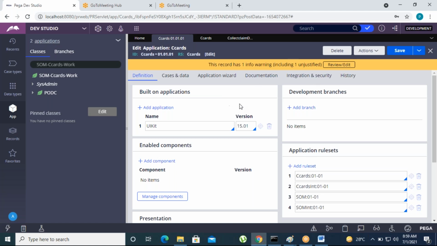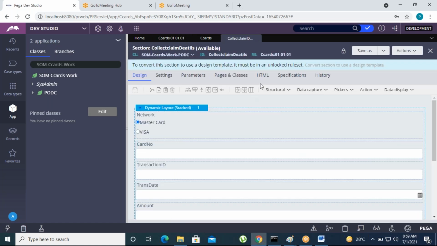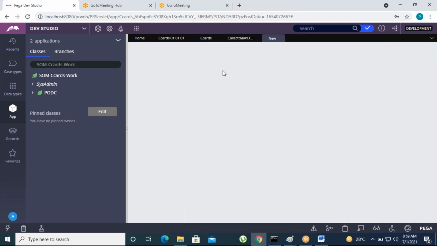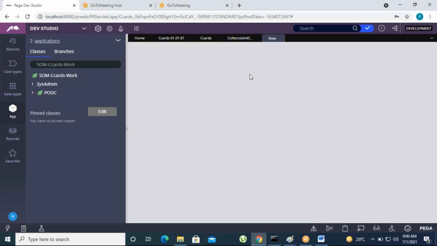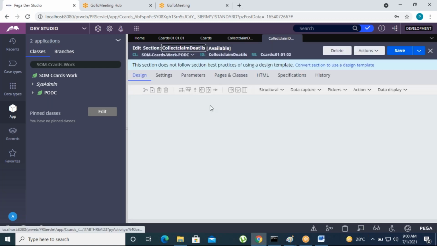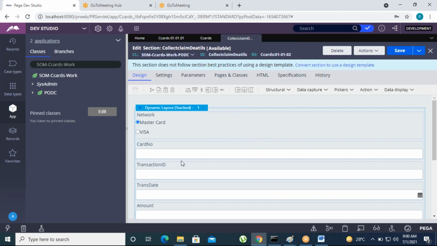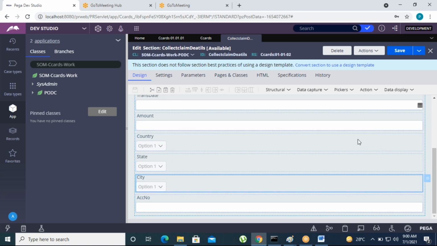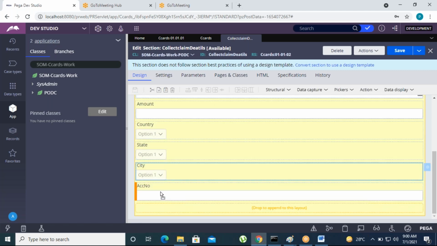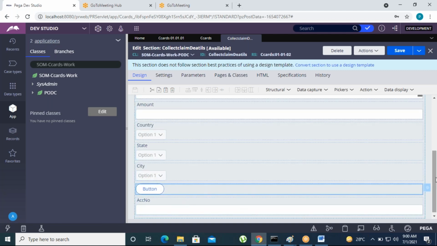Okay, so accessing the unlocked version rules. Now if you click on save as, it will show the next unlocked version. I'm going to save as this, create and open it now, and add a button. Suppose my requirement is to add a button on this particular screen. So go here, click on IFSC search property, add a button here like this, and click on save.